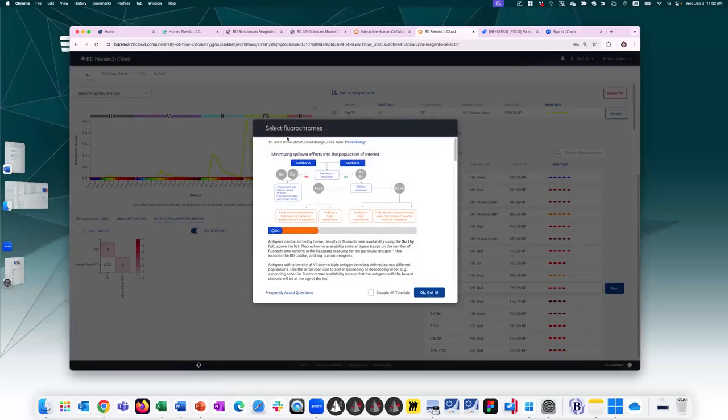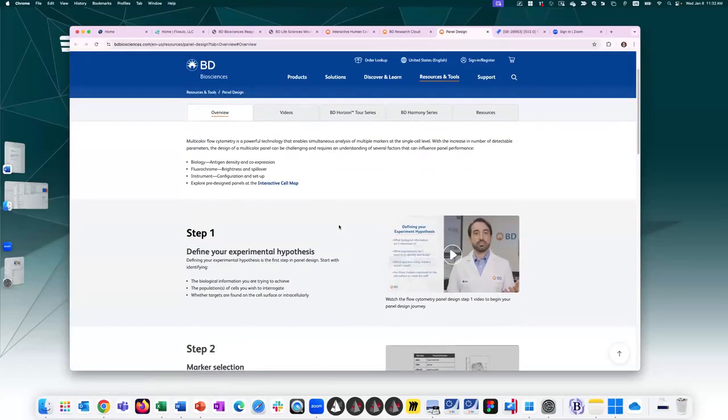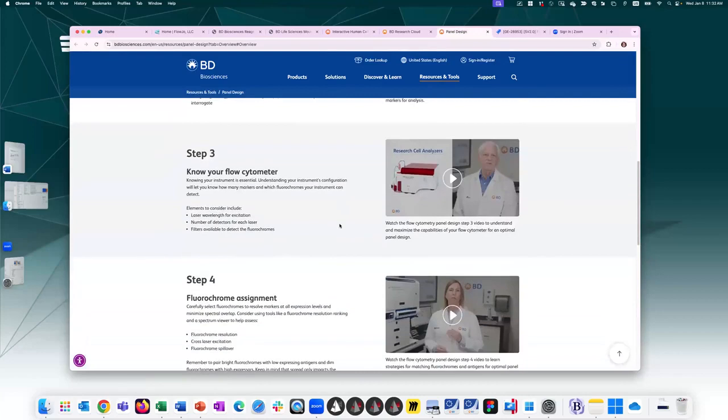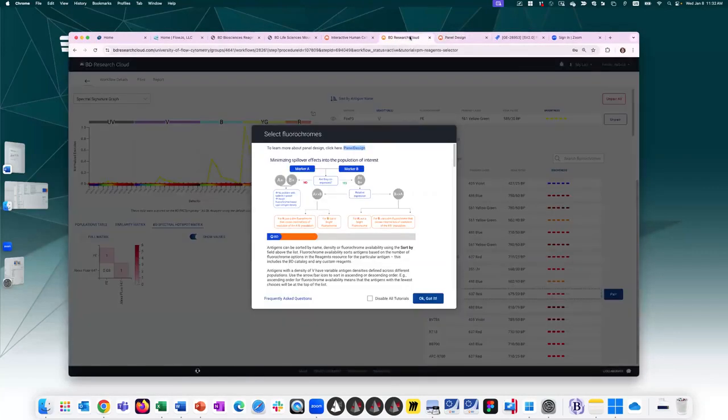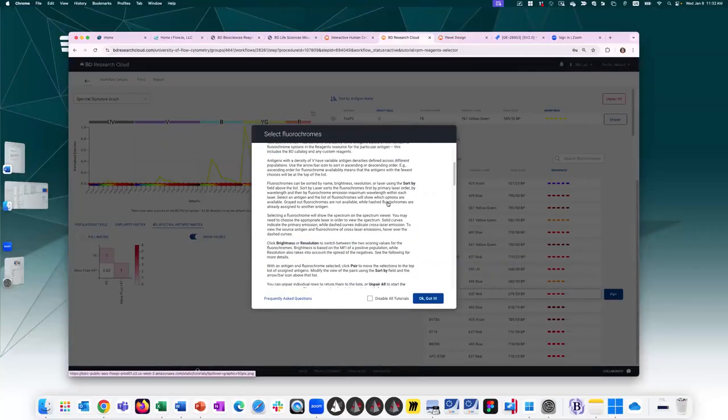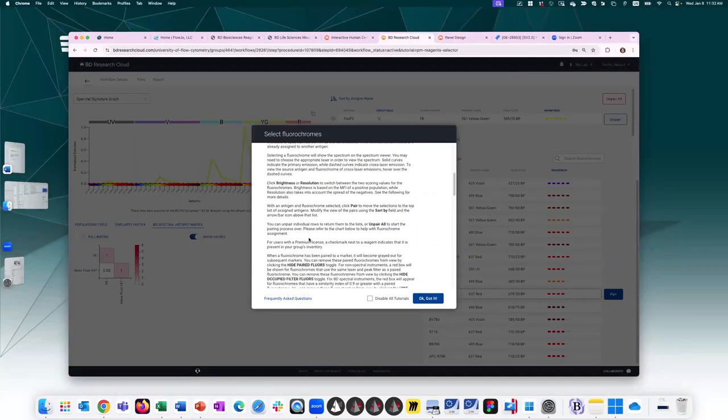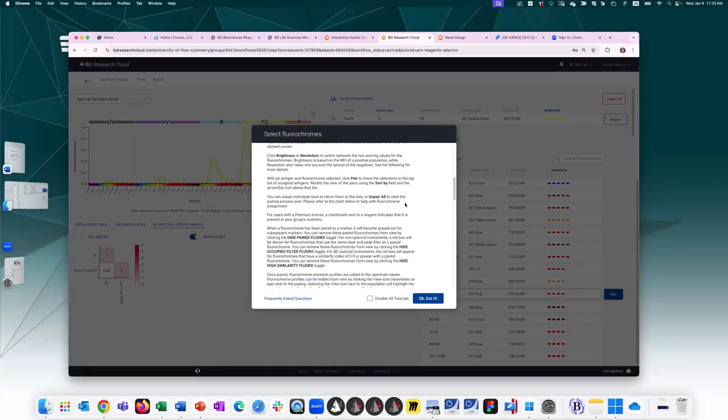The content of the tutorial changes based on what page you're on in BDRC. So here we have several links to learn more about panel design. Click here. This will bring me to a BD page where it goes through those concepts of good panel design. If they're not top of mind, you can click on it and reread them to know how best to assign your fluorochromes. But if you keep scrolling, there's a lot of information. It tells you how we've calculated the brightness and the resolution for these